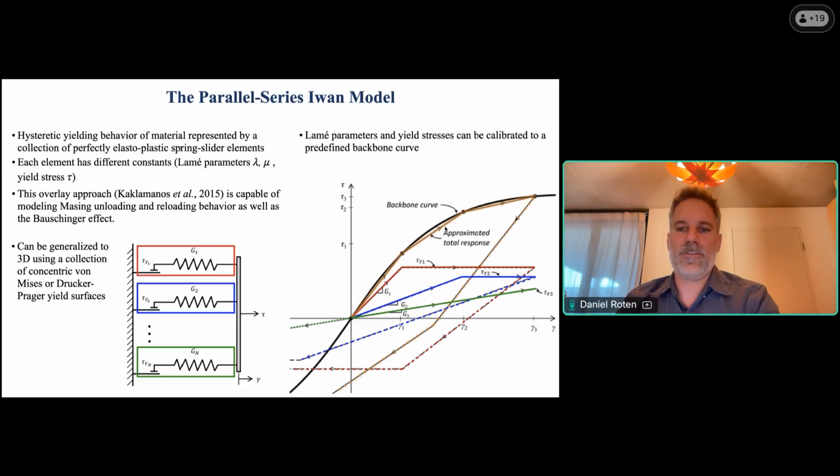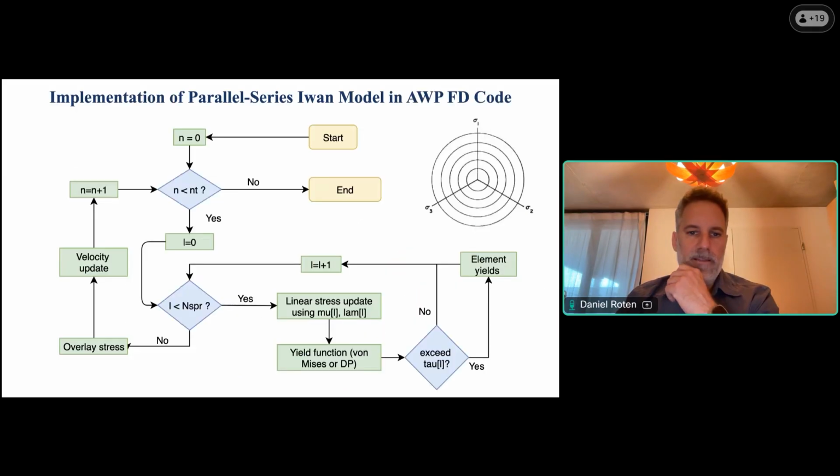But one way to do it is using a method called the Iwan model, or also the overlay principle. It works by combining a series of Drucker-Prager yield surfaces, which then approximate the more complicated behavior. The way to think about that is for a simple 1D model, where you just apply shear in one direction. You can think of the material as being a combination of springs and sliders, with each slider having a different yield strength and each spring having a different strength.